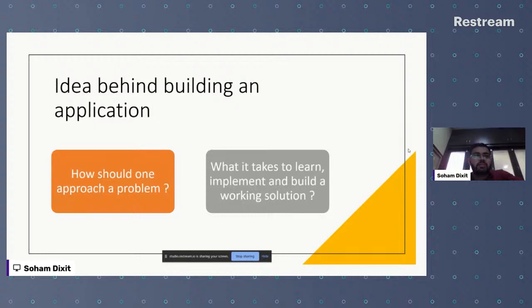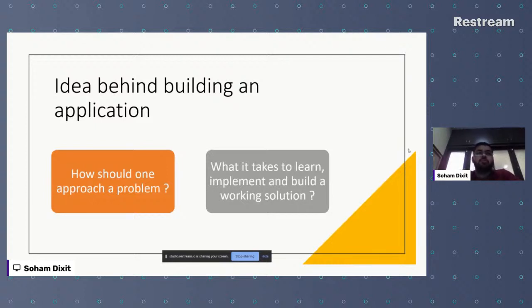Because what I feel is that when people want to build an application, they say, let's see what frameworks are popular, what is widely used, what is going to add to my resume. They start directly building an application. React Native is widely used in industry, so let's learn React and build an application. But that's not how things work out.